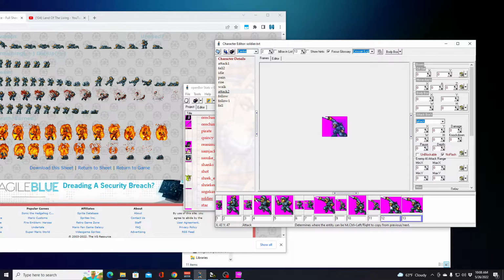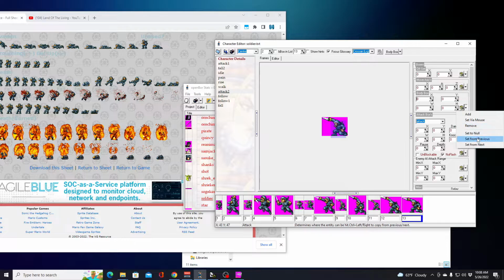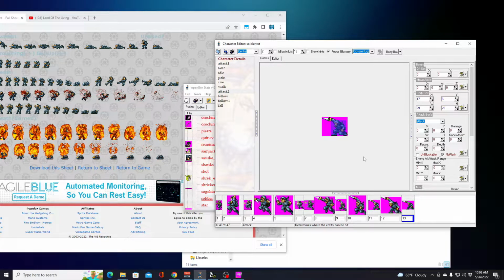All right. We'll keep that one, but we'll change this one. Set from previous, change the height. There we go. All right, so here's the body box. Okay, cool. So now we need to add in